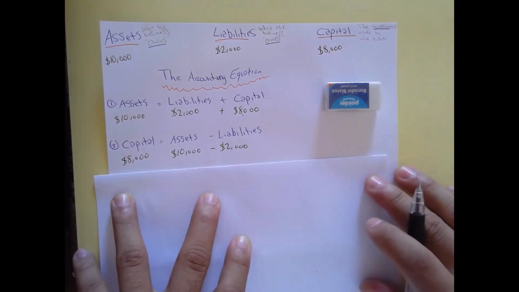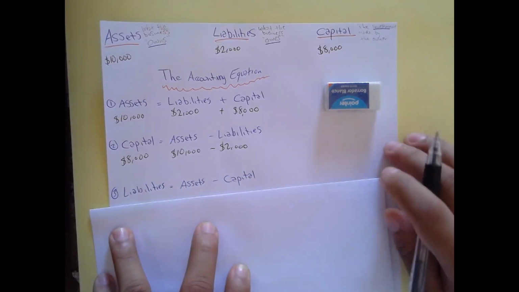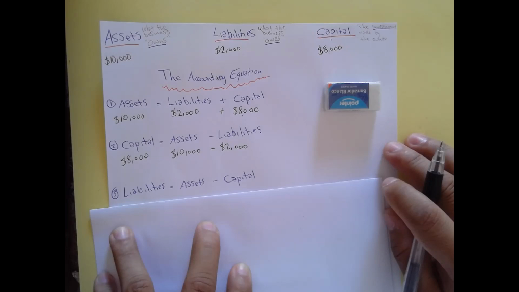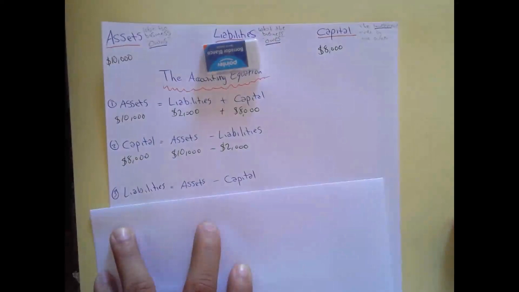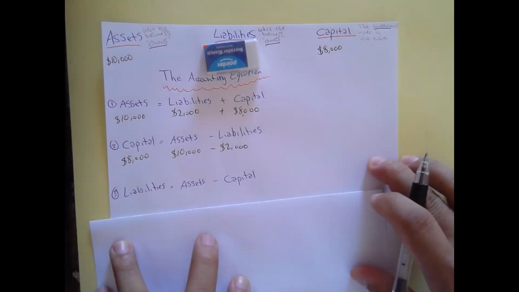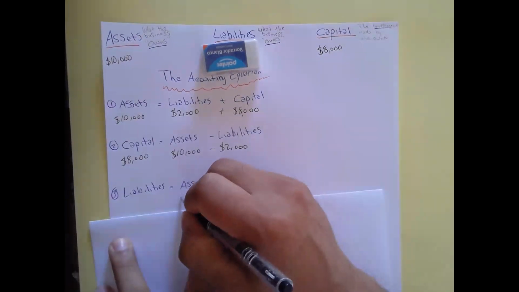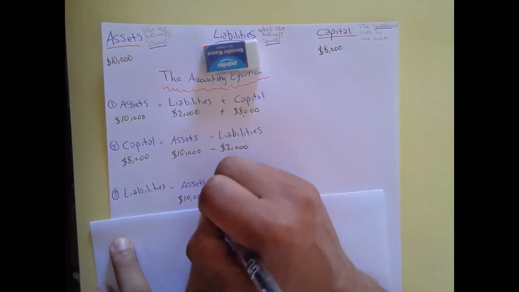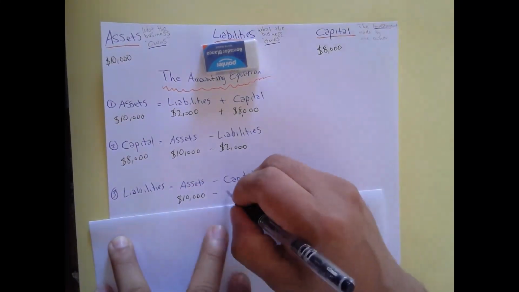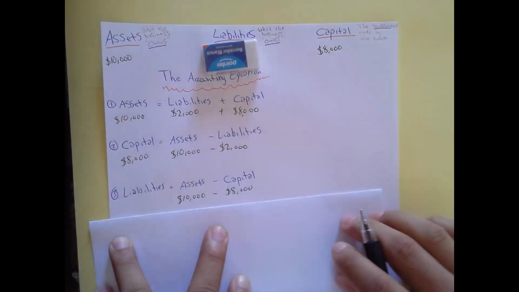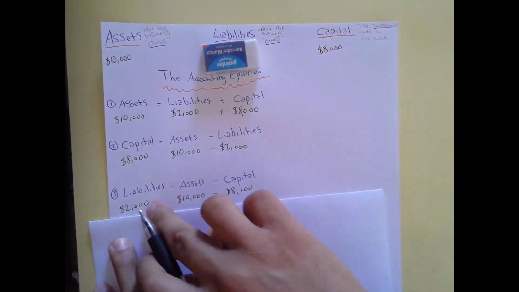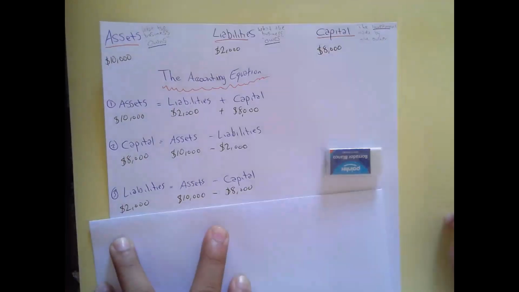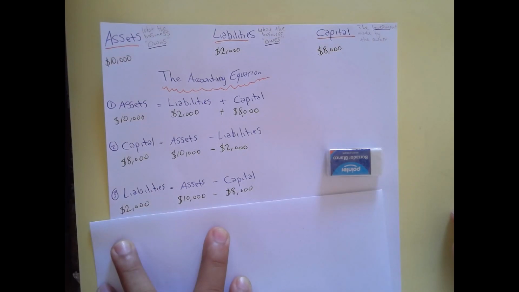And the last representation is liabilities equals assets minus capital, okay? So in this case, let us assume that we do not know what our total liabilities are, okay? We're looking for liabilities, but we do have total assets, which is $10,000 minus your capital, which is $8,000. If we subtract that, we end up with liabilities of $2,000, which is the same number that we have here at the top, okay? So with that, I conclude the